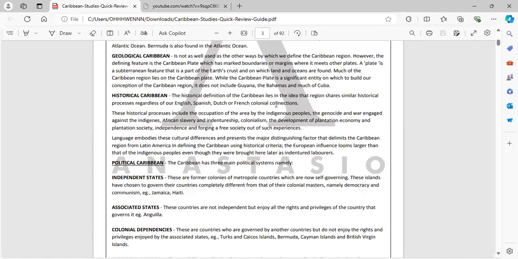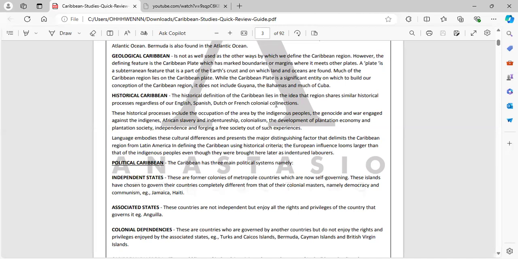Just like the geographic was the Caribbean Sea, the geological is the Caribbean plate. When you get an earthquake or anything, that is the plate that meets and touches. Whenever an earthquake happens, that is the plate the countries are located on, and it affects you. You understand that? You copied that? Yes, sir.